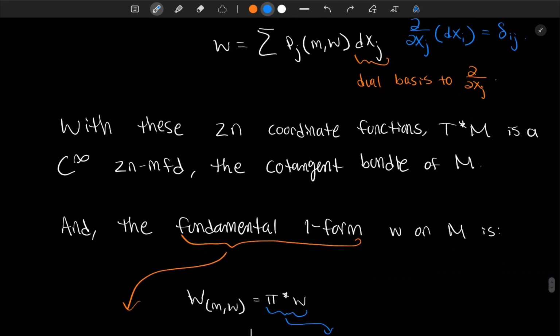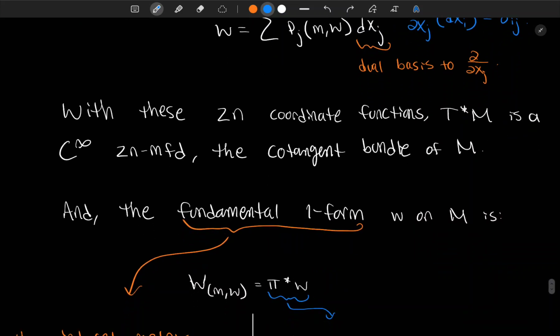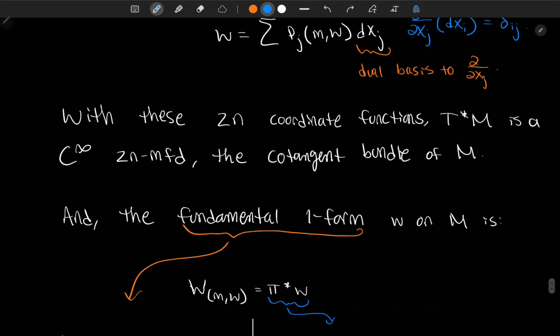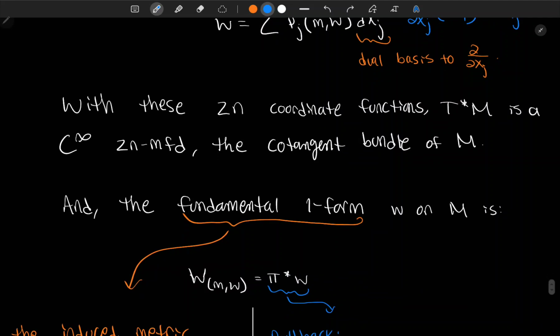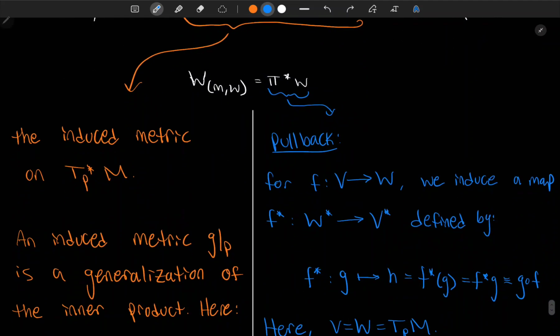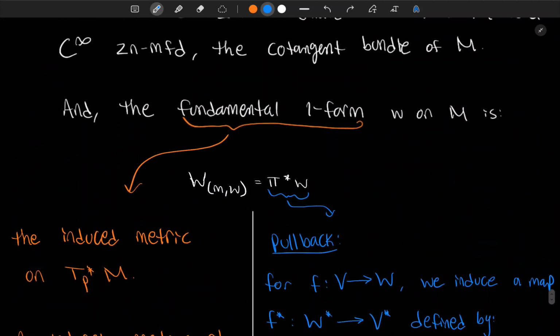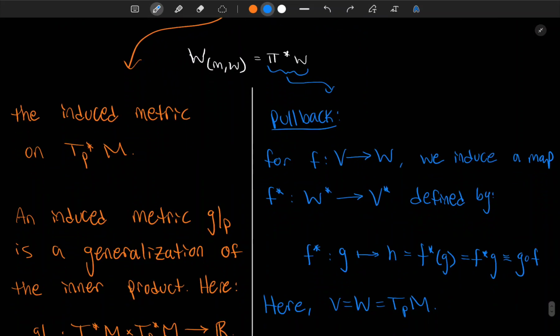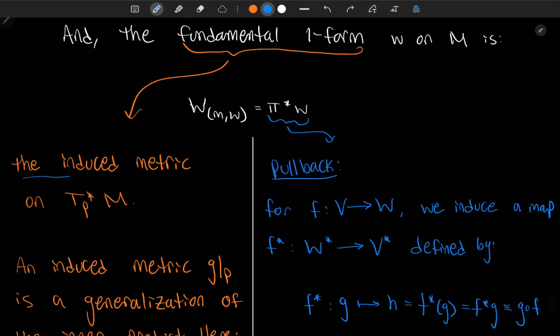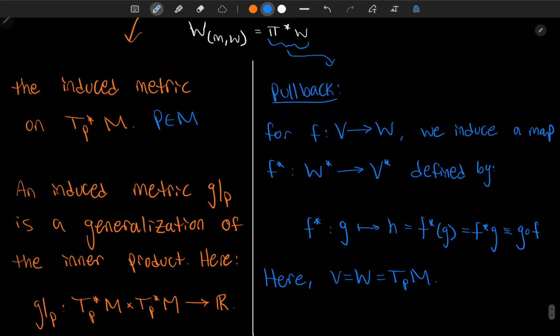And moving on, the fundamental one form, w on M, is given by the following map. It's given by pi pullback w. So I'll now define what the fundamental one form is and what the pullback is, what this star notation actually means. On the left, the fundamental one form is just the induced metric on the space T_p*M, where p is a point on the manifold. So here, p is an element of M. And an induced metric, g